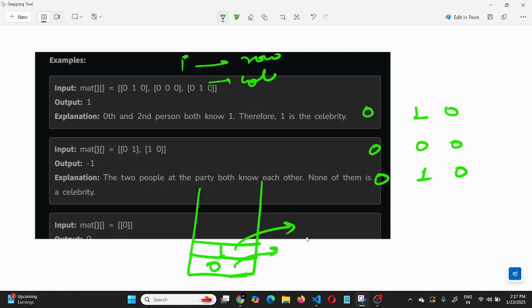So what I'm going to check, first of all I will pop out the first two elements, that is 0 and 1, and I'm going to check if this first person knows the second person or not. If the first person knows the second person, that is 0 knows the person 1, then in that case 0 cannot be a celebrity. So I'm not going to insert 0 back, I'm going to insert the second element, that is 2